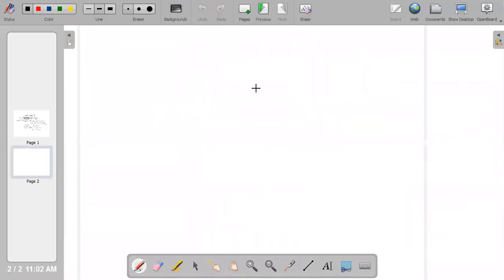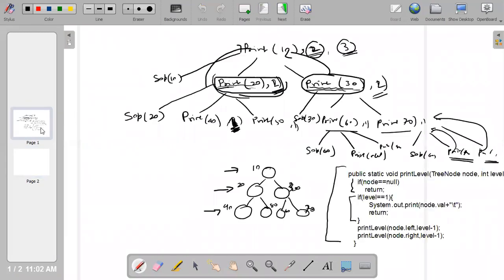Manish, can I ask a quick question before you go there? Yeah, sure. In the previous problem, it says the hypothesis and induction, right? Here, print level lower dot left, comma minus one is induction. These two lines are hypothesis. This is induction, and this is the base condition.